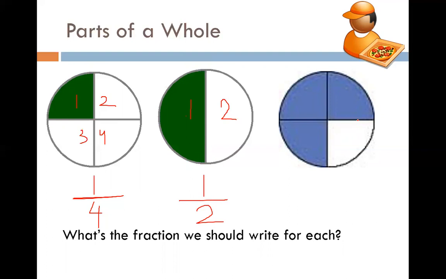And when we come to this fraction, here we again have a total of 4 equal parts. For 4 equal parts, we have to write 4 below the fraction bar. Then we have to write the shaded parts. There are only 3 shaded parts: 1, 2, 3. So we'll write the fraction 3 upon 4. It means that 3 parts are shaded out of 4 equal parts. This was all about fractions, right?